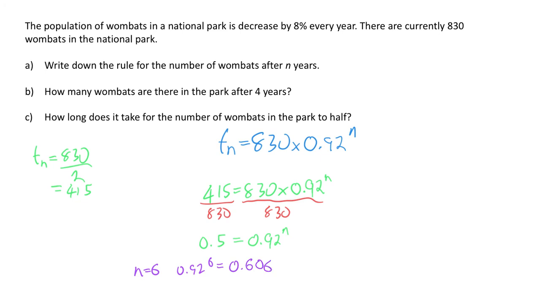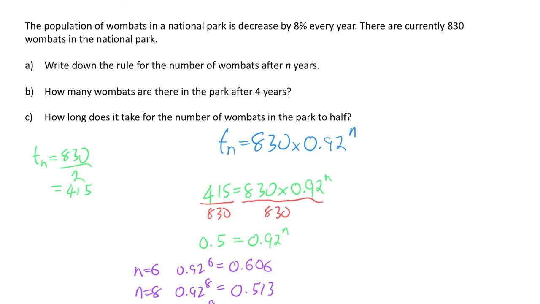So it's not that because I'm still a little bit away from 0.5. So I might try n is equal to 8. So 0.92 to the power of 8 is going to equal 0.513. So I'm getting closer, but I haven't gone past it yet. So I'm going to try n is equal to 9 this time. So 0.92 to the power of 9,